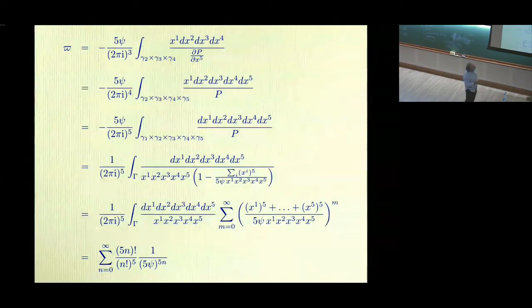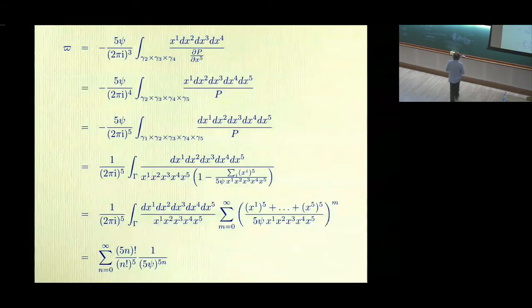So you have to cancel. On the bottom line, you have x1 to the m, x2 to the m, x3 to the m, and so on. On the top line, you have something else. You have to have equal powers on the top and the bottom for the powers to cancel. So this can only happen if m is a multiple of 5. So if m is a multiple of 5, say m is 5n, then you can distribute n to each of these terms, and you get 5n on the bottom line, and so then you can pick out a constant term,